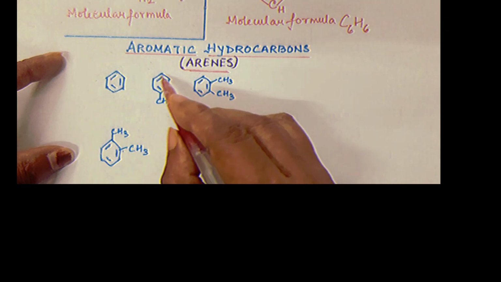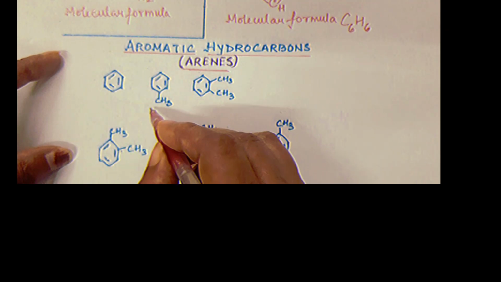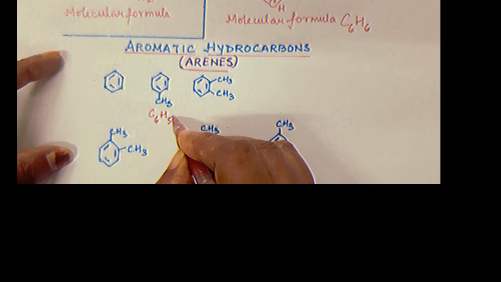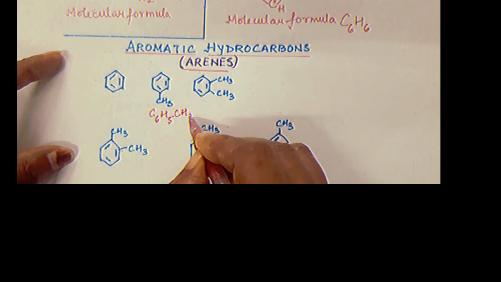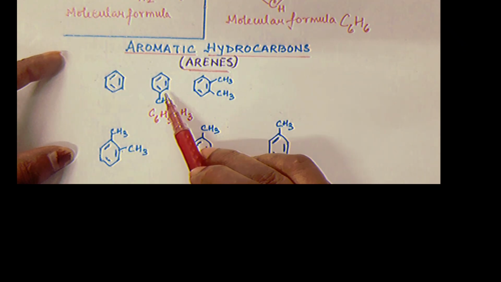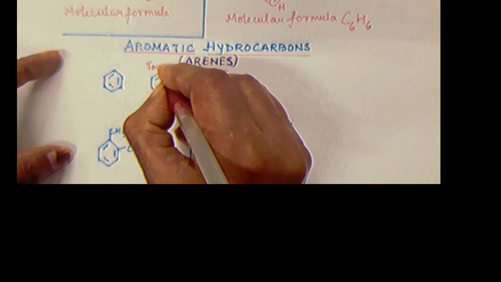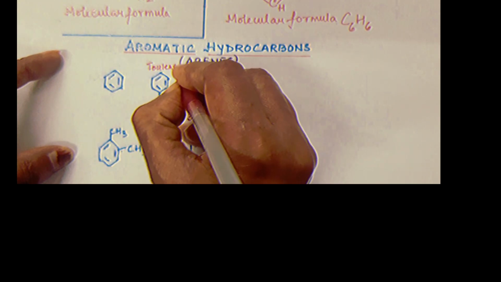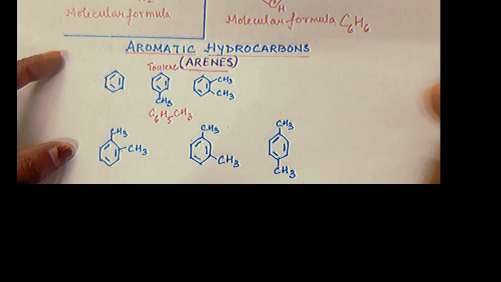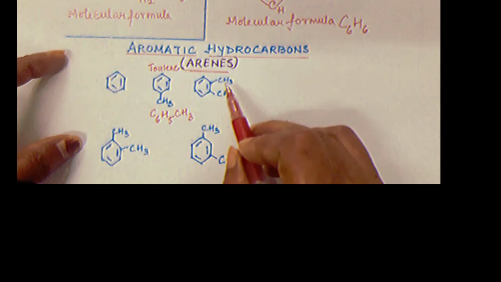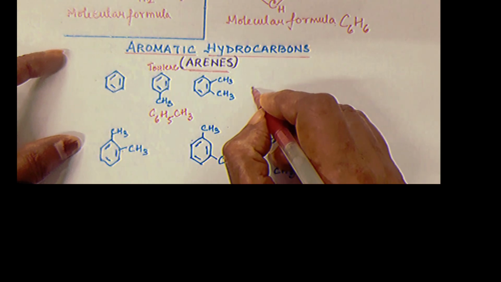That means if I write the molecular formula of this compound, it will be C6H5CH3. Okay. And this compound is called toluene. T-O-U-L-E-N-E. Toluene. Okay. Now next, moving on to this. What will be the molecular formula of this structure? It will be